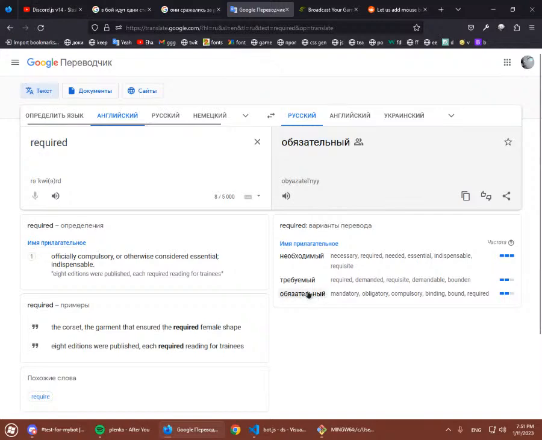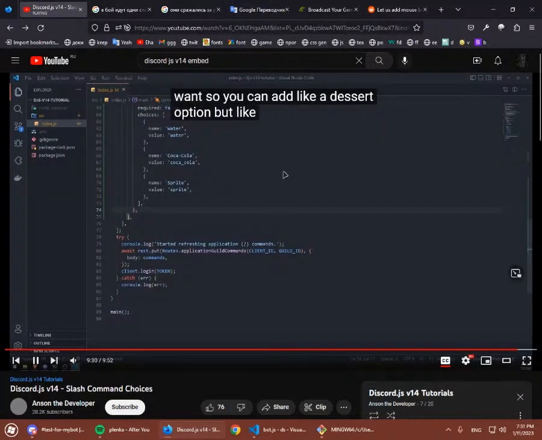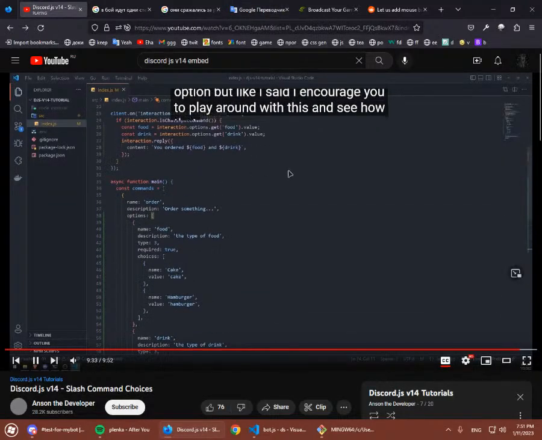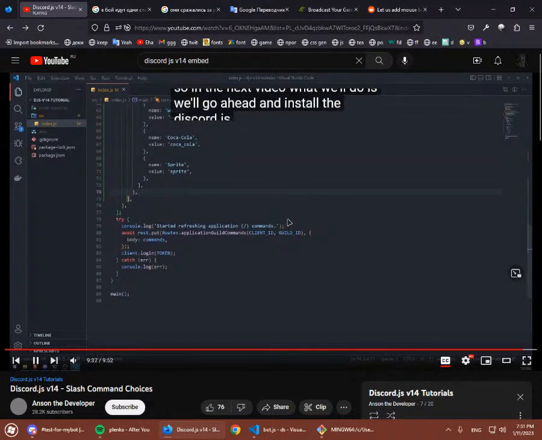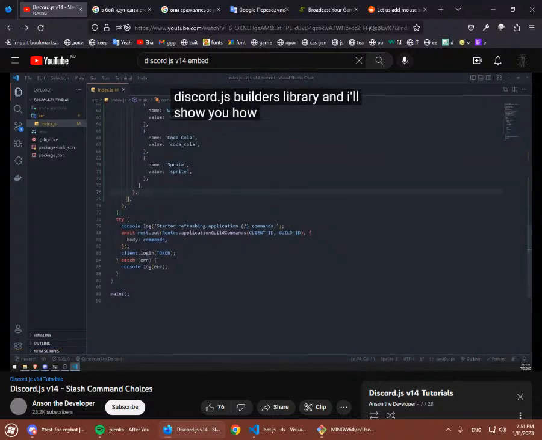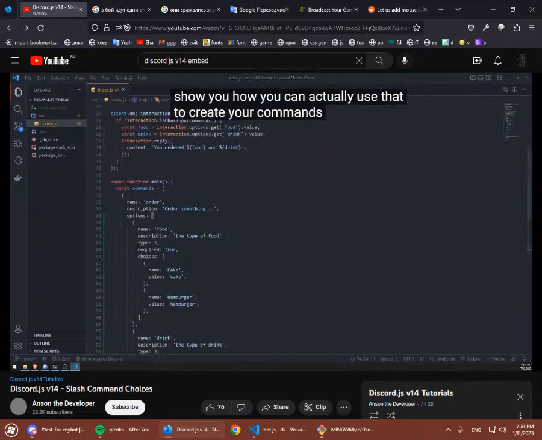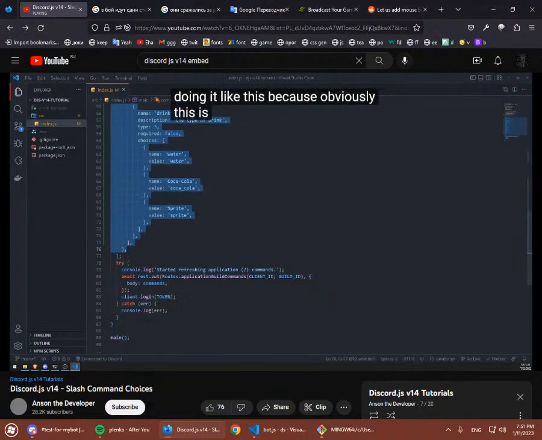Серьезно? But like I said, I encourage you to play around with this and see how that works. So in the next video, what we'll do is we'll go ahead and install the Discord.js builders library, and I'll show you how you can actually use that to create your commands instead of just doing it like this, because obviously this is just going to get really messy,